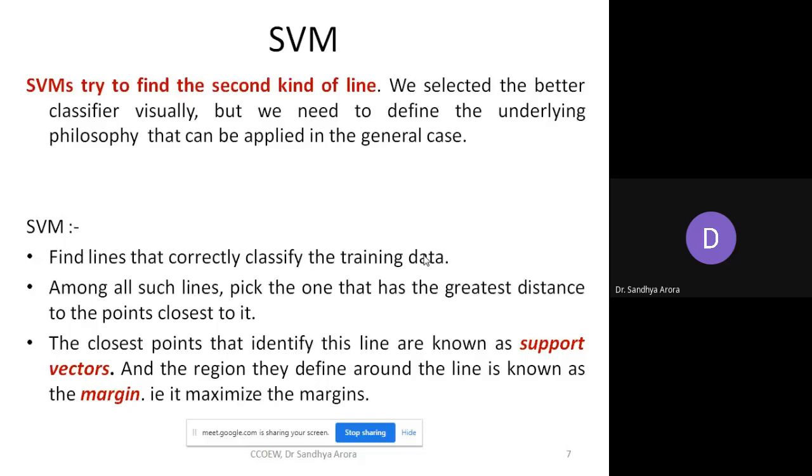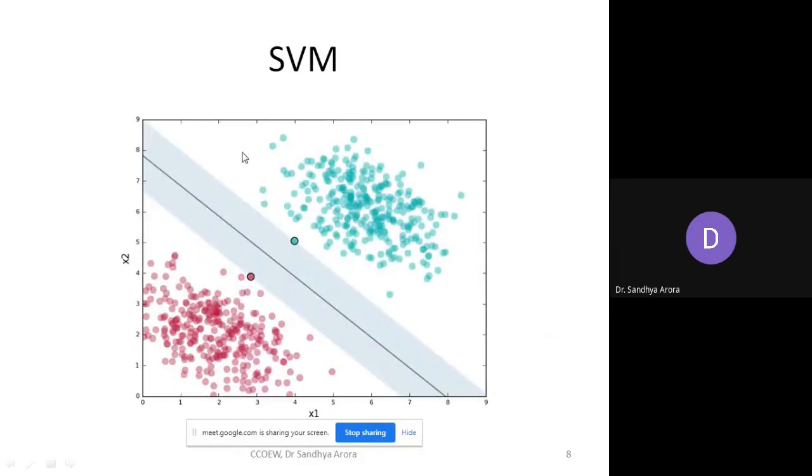Maximizing the margin is a mathematical thing which you need to perform using support vectors. See this. This was the line which SVM tries to devise. This line has the maximum margin. The points which are black circled are called the support vectors. So what SVM does is it tries to maximize this point to this point distance. This distance should be maximized. It works on that principle.